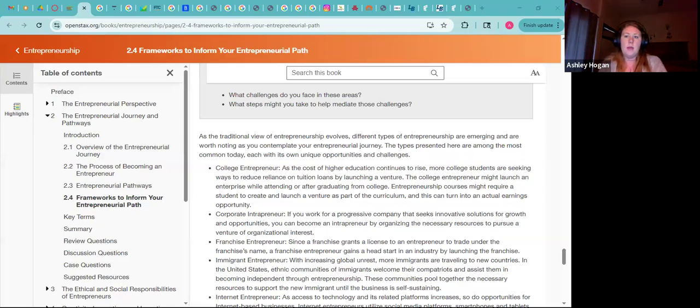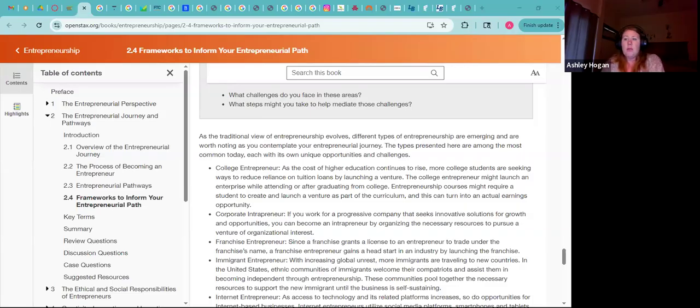This is an in-depth explanation of the 2.4 section of the entrepreneurial pathways for week 2 for Entrepreneurship 260. Within this, there is information that really talks about how traditionally we looked at entrepreneurship and its evolution of just being someone who would start a business to being someone who